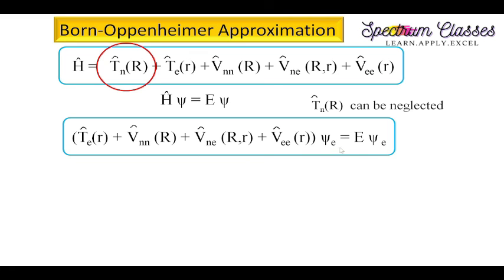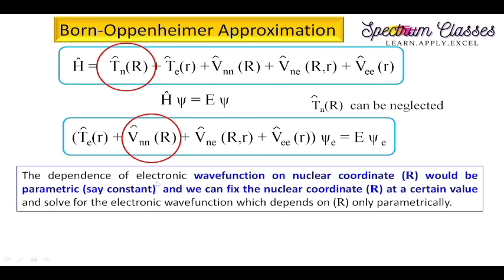So these terms are incorporated in the electronic wave function. And here the problem is this part depends on the nuclear wave function, so it restricts us to separate the variables in electronic as well as in nuclear variables,